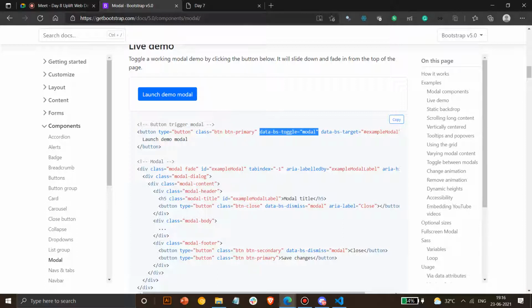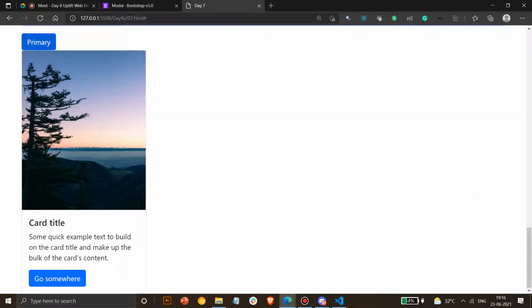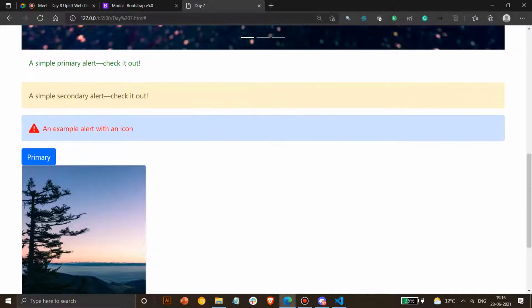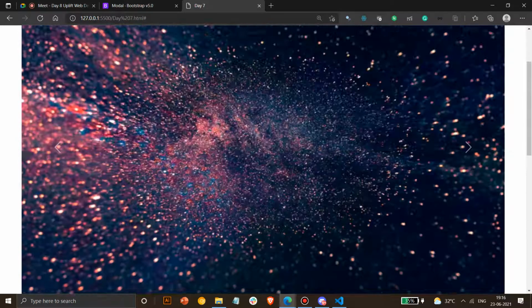Okay, then we have data-bs-target. What this does is it specifies at which place this modal is opening. So if you have multiple modals, like here you have one, here you have one, and on clicking of this you have one, on clicking of something you have one.